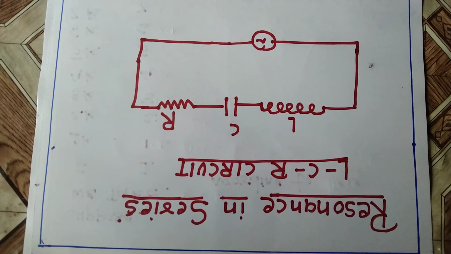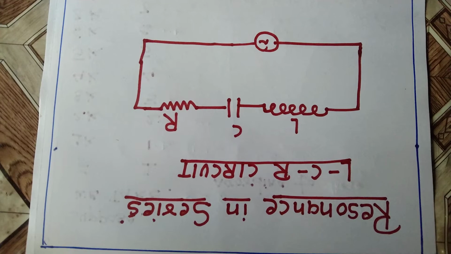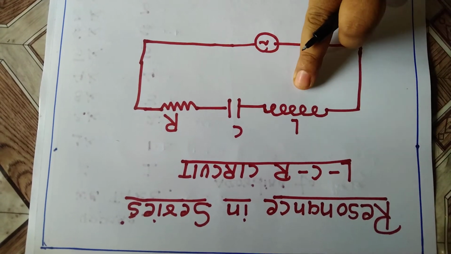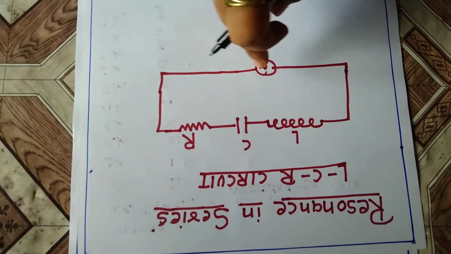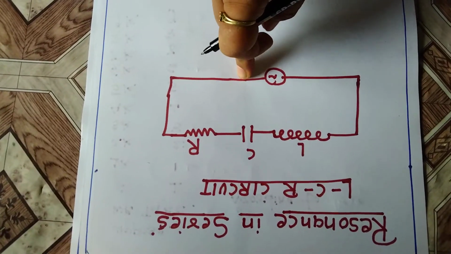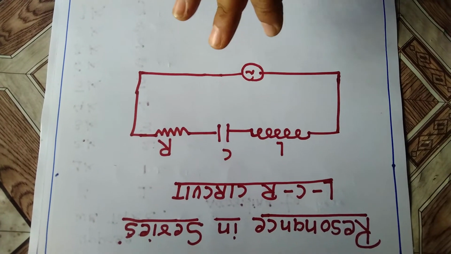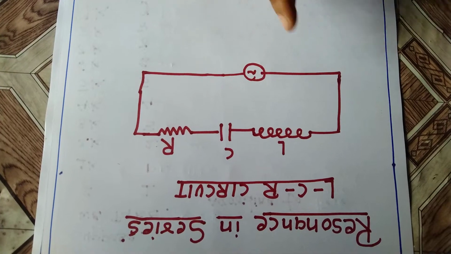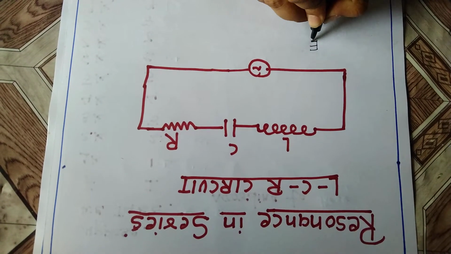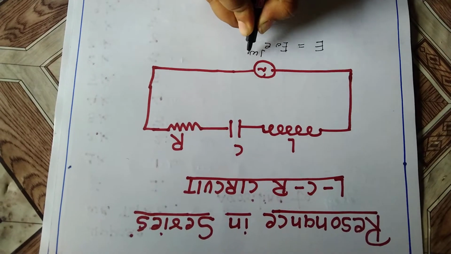Next point, we will see the resonance in a series LCR circuit. In this circuit, L, C and R are connected in series as shown in the figure, with a corresponding EMF source. We know the instantaneous value of AC EMF and AC current. AC EMF is equal to E0 e raised to j omega t,